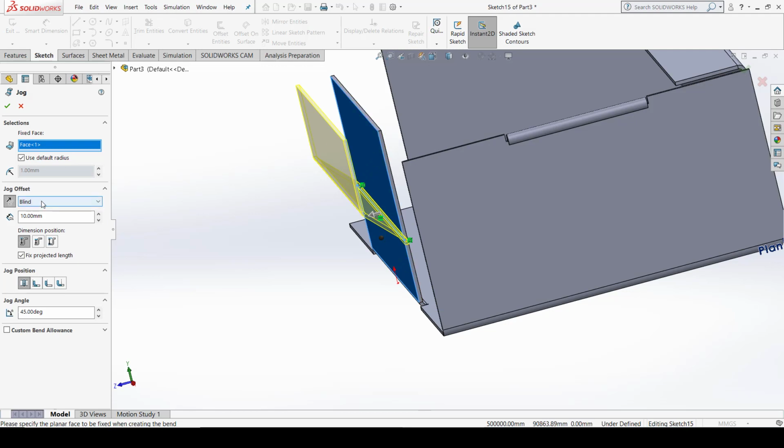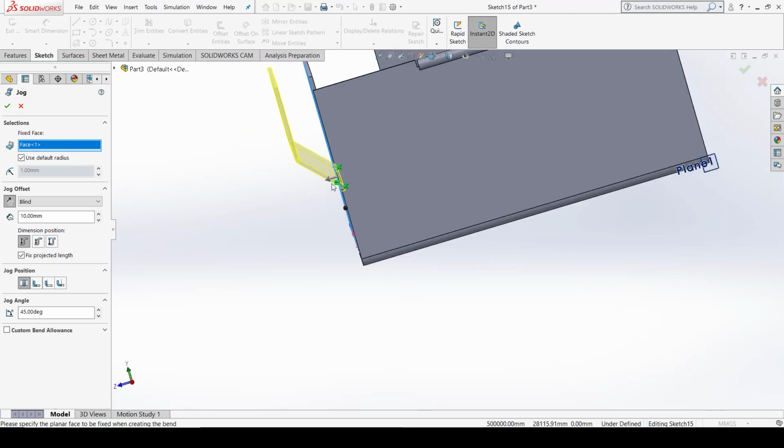Okay, so it can be blind, it can be of certain distance, and we have a dimension position from the outside offset, or you can say inside offset, or it can be overall dimensions. So it depends upon the requirements. So by default I select the outside offset, so it covers the distances from this edge to the entire edge.